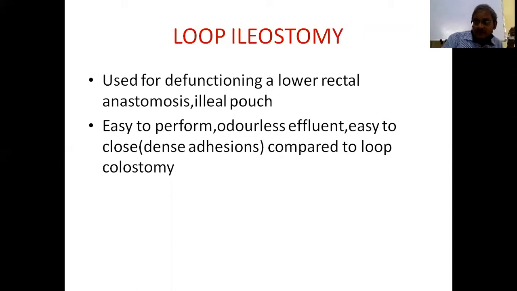And in some conditions like ulcerative colitis, we try to create a J pouch, or what we call an ileal pouch. That means the lower part of the small bowel is made like a pouch, and that acts as a reservoir, so that the normal anus is restored, especially in certain conditions of Crohn's disease. Though you know that in Crohn's disease the anus is involved in 15 to 20% of the cases. In the remaining cases where the bowel is involved, sparing the anus, then we go for ileoanal anastomosis.